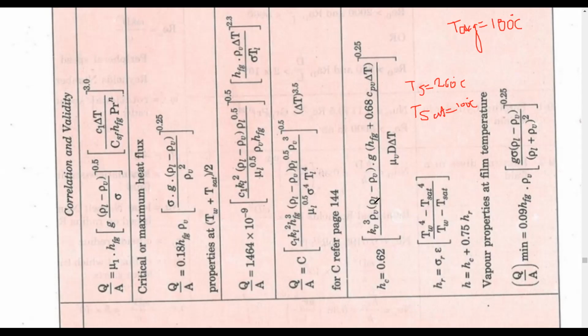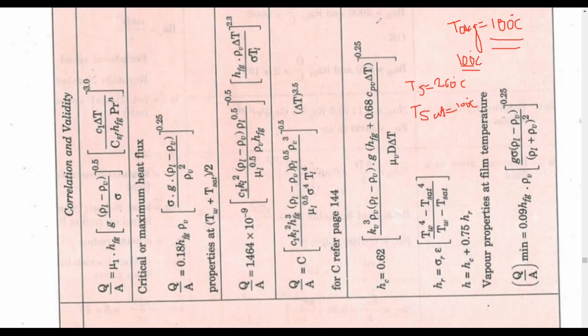As far as rho_L, the density of liquid, and h_fg, the enthalpy of evaporation, are concerned, you are supposed to take these two properties at 100 degrees centigrade, as we have seen in the previous two problems. But as far as rho_v and k_v are concerned, radiation comes into the picture, so we take these properties at the average temperature, 180 degrees centigrade. I hope this is clear.